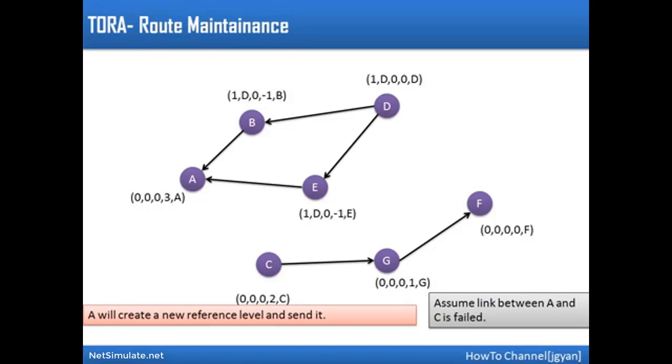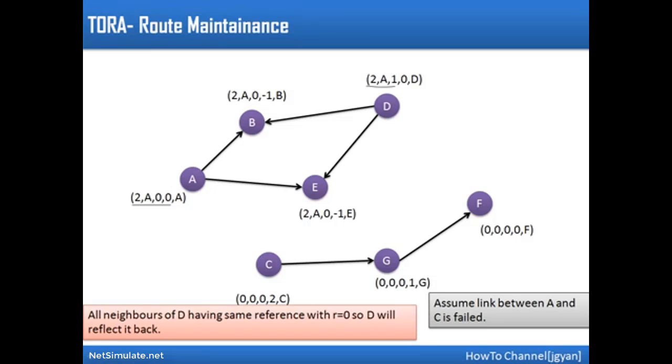In this case, this was the second case. Node A defines a new reference level with order number 0 and its own ID, A. They will take the reference number of the highest node. So this reference number will be taken as it is for B and for E, and the fourth attribute will be 1 less than this one. So B and E will update